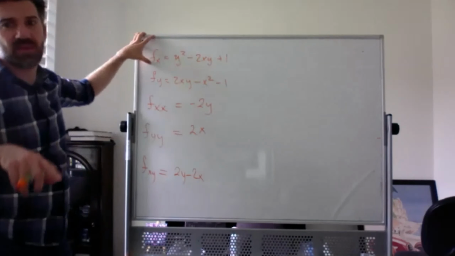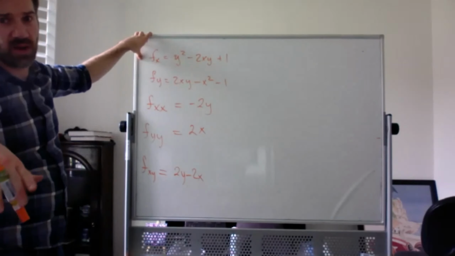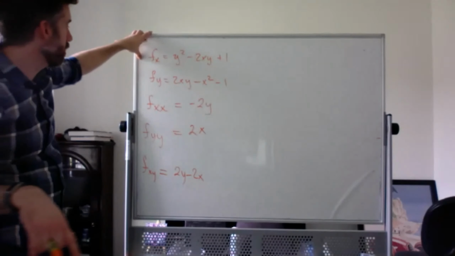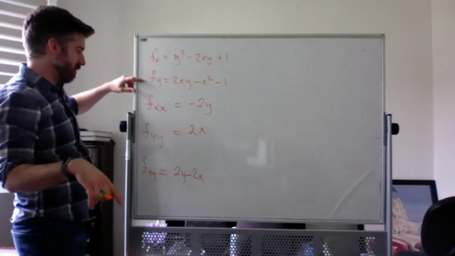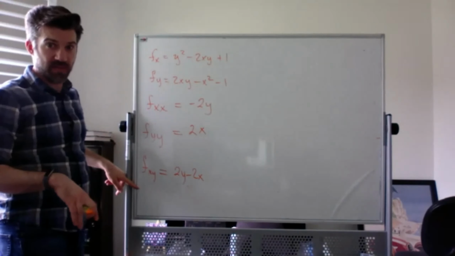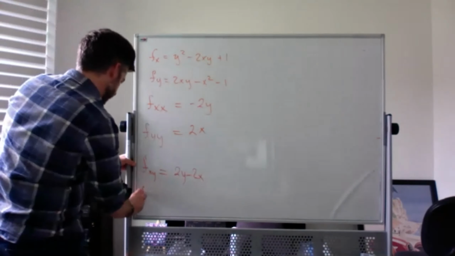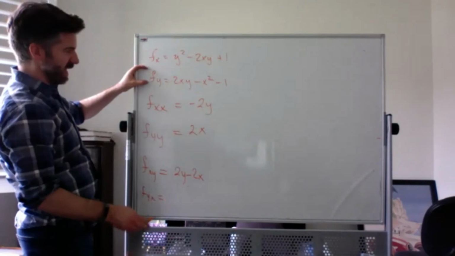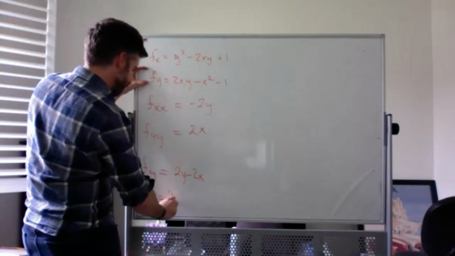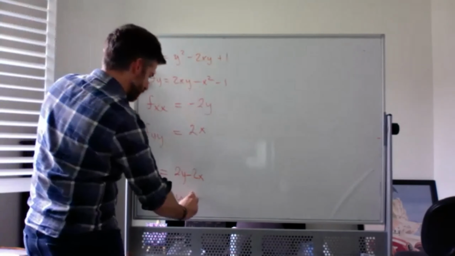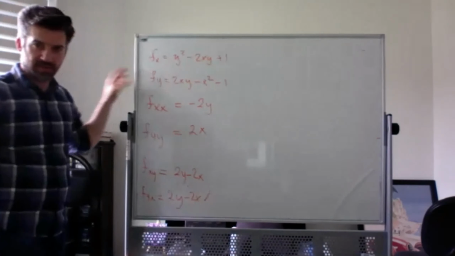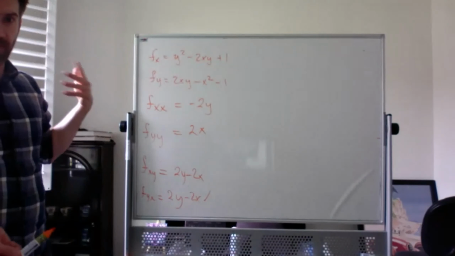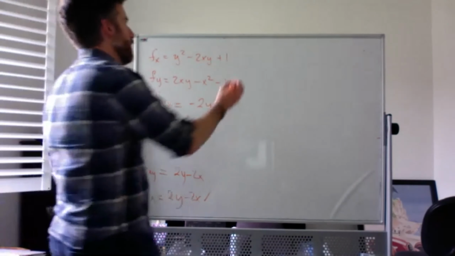If I feel like I might have made a mistake somewhere, I often like to check and see if my fyx is the same as my fxy. So if I find fyx, just to be sure, differentiating this with respect to x, I get 2y minus 2x. Check. Okay, good. I feel better about that. It's probably right if those match up. So now,